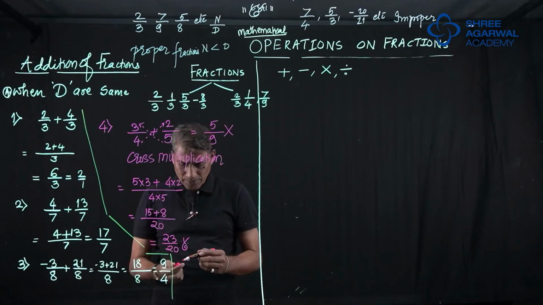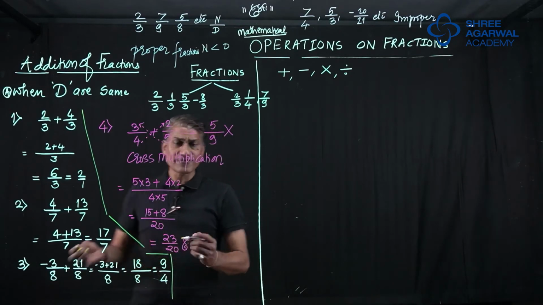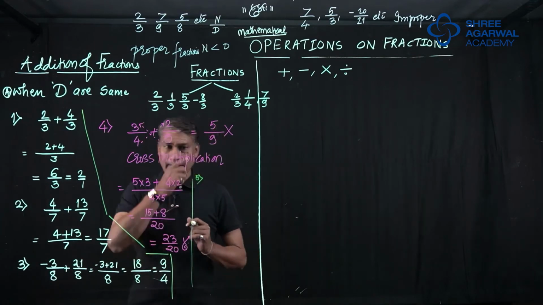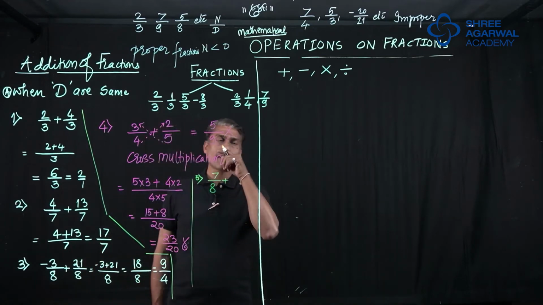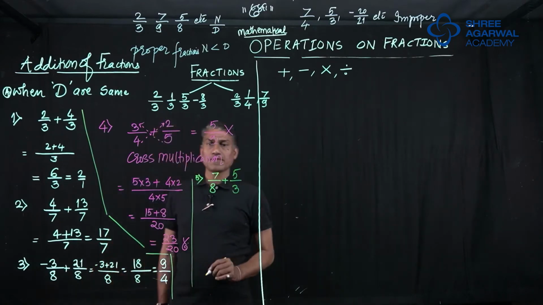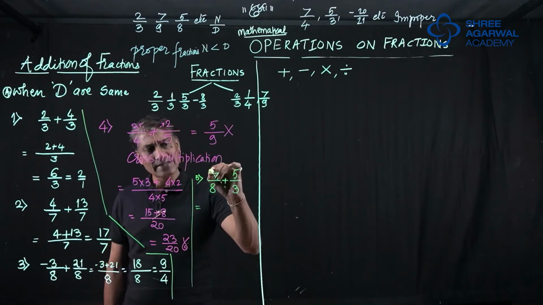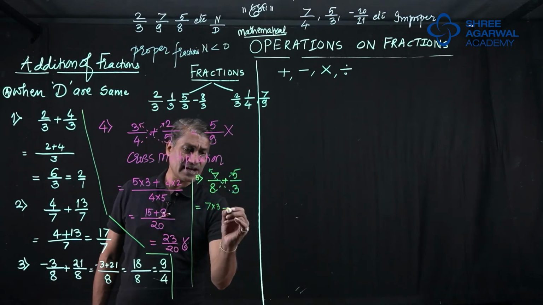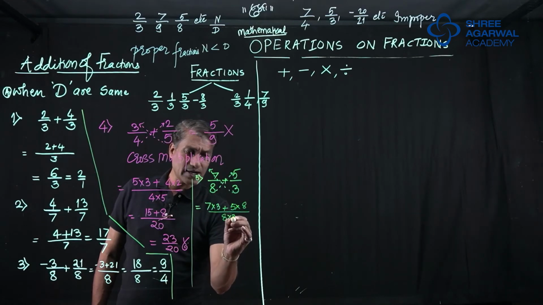I will show you one more problem so that you understand it still better. So now this is the fifth question we are taking for today. Let us take 7 upon 8 plus 5 upon 3. Okay sir, again we are going to do cross multiplication. So cross multiply like this, cross multiply like this. So 7 3s are plus 5 8s are upon 8 3s are.